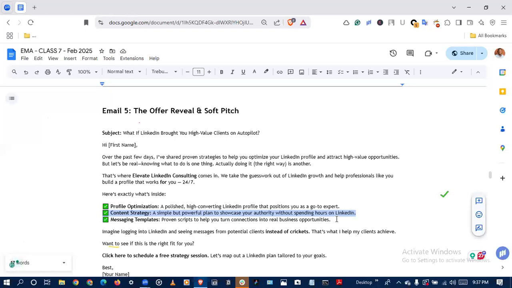Messaging templates, proven scripts to help you turn connections into real business opportunities. There are some scripts or messages you get on your LinkedIn, and you yourself are impressed. How did you come up with that kind of scripting? And then some businesses reach out to you, and when you look at the business, who they have, or their popularity, and compare that with the kind of message they're sending you, you are a bit confused, like where's the meeting point, right? It sounds like this is a professional top class business, but the messaging type and messaging style is looking